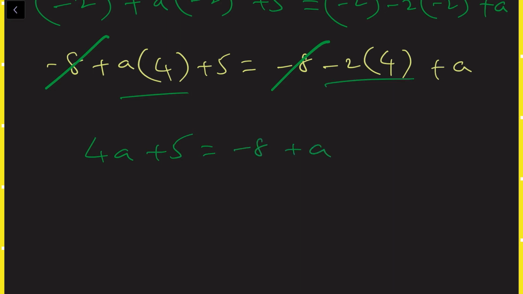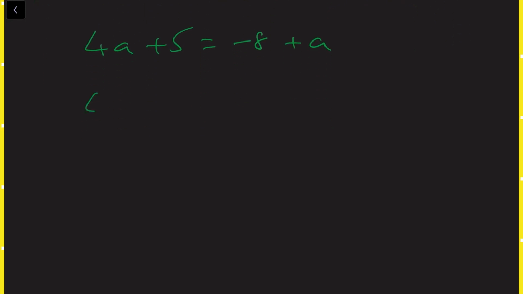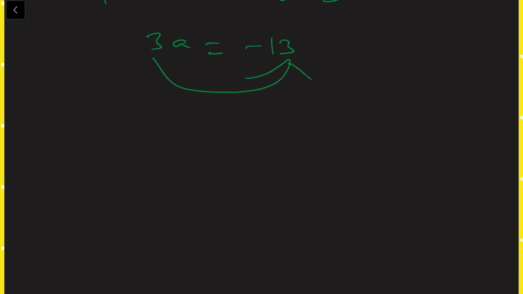Take the alphabets to one side and the numbers or constants to one side. Here 4a as it is, plus a I am bringing to the left side as minus a. Minus 8 as it is, plus 5 I am taking to the other side, it will become minus 5. 4a minus a is 3a, equal to minus 8 minus 5, which is minus 13. Take 3 to the right side, then it becomes a equals minus 13 by 3, the a value. Same as the previous answer, I think.